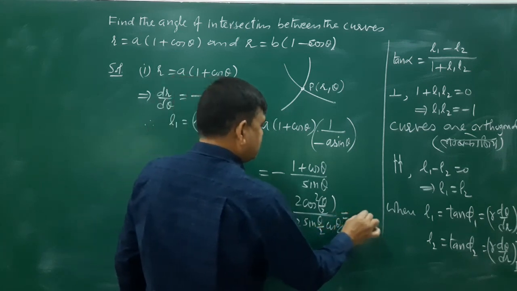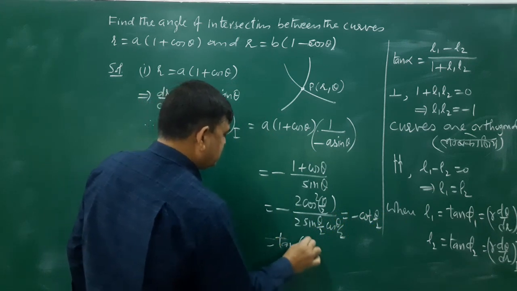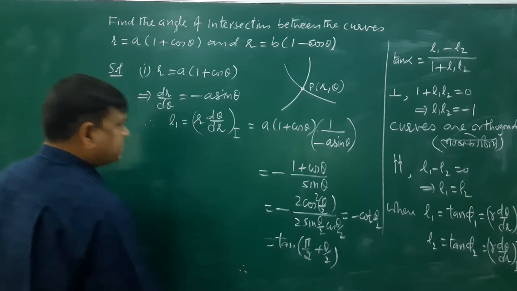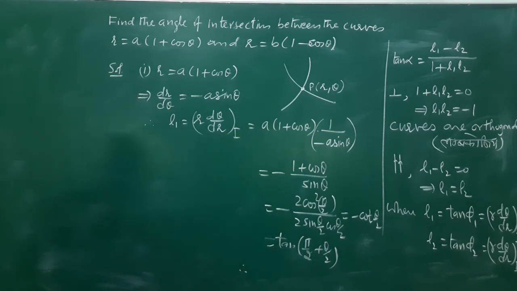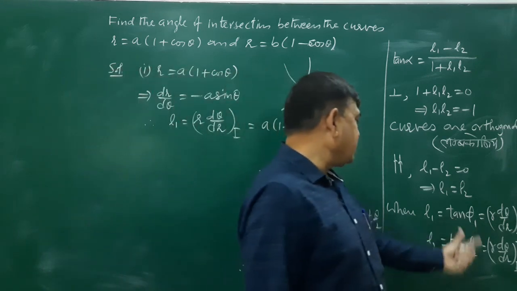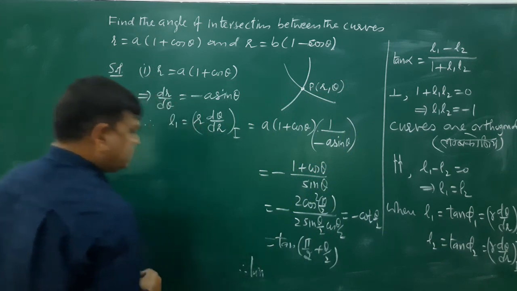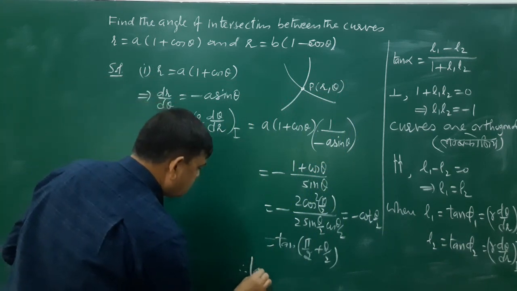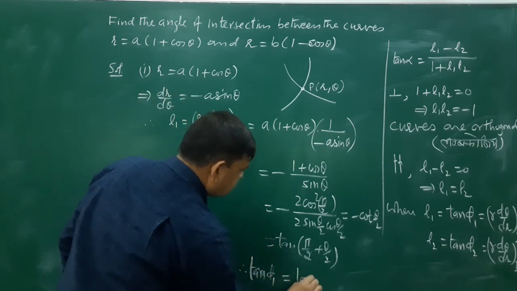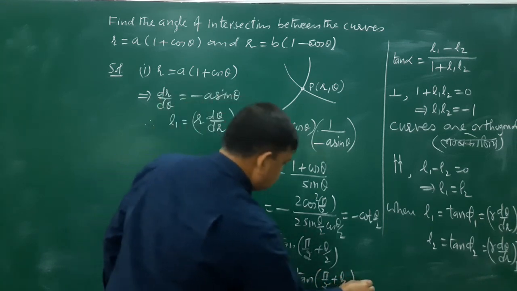So this is minus cot theta by 2, and this is tan phi by 2 plus theta by 2. Therefore, L1 is this, and L1 is tan phi 1. So therefore, tan phi 1 is tan phi by 2 plus theta by 2. So this implies